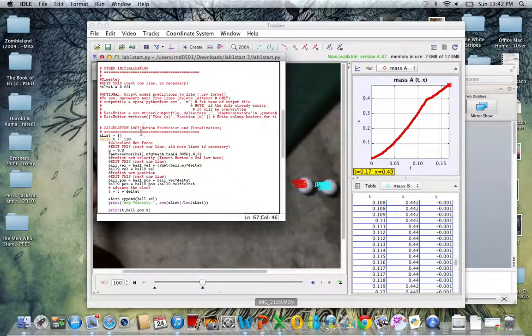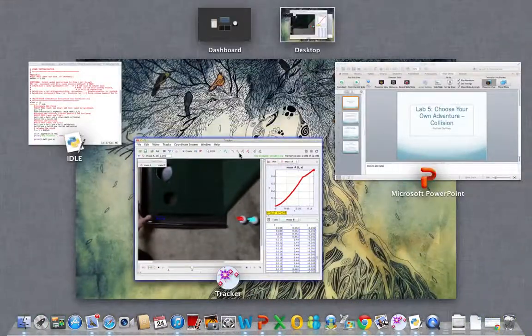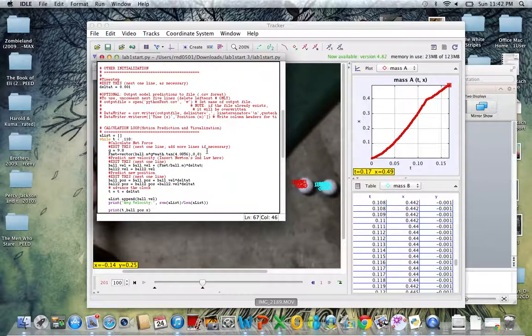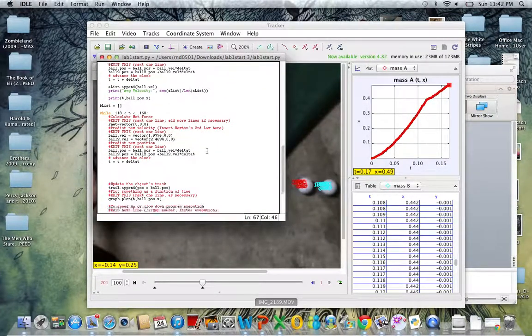I used the net force being the tangent times the ball's mass because it was on the slope, as you can see here. It's kind of hard to tell, but this is sloped. So I found the force on the ball and used that to find the acceleration, and then plugged that in